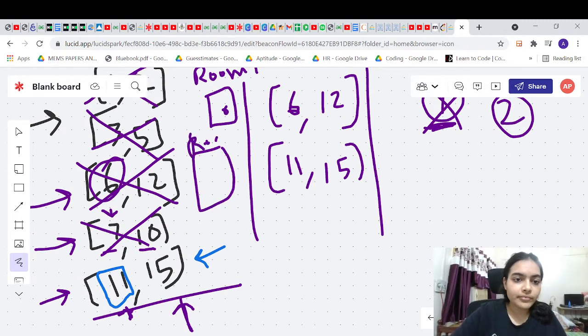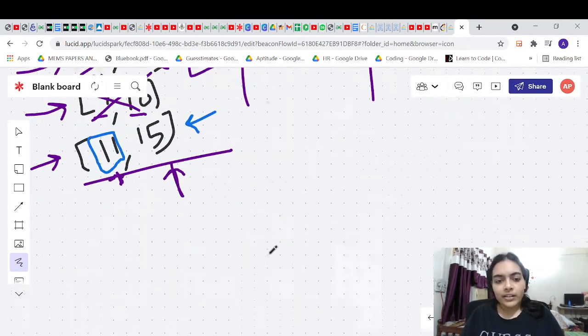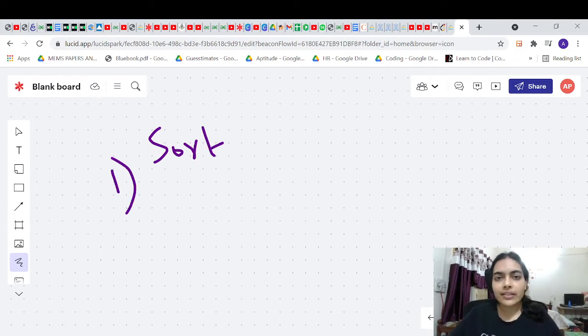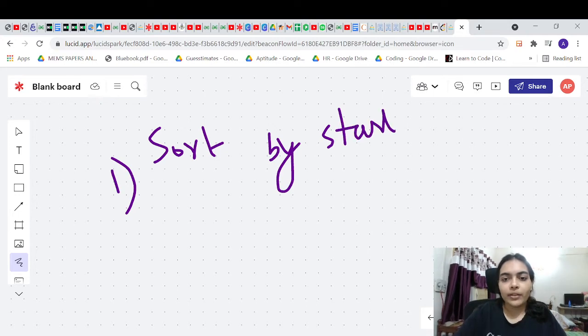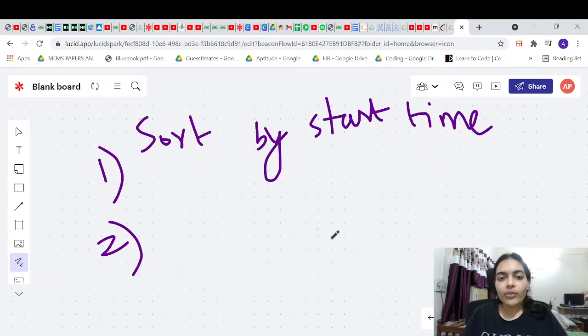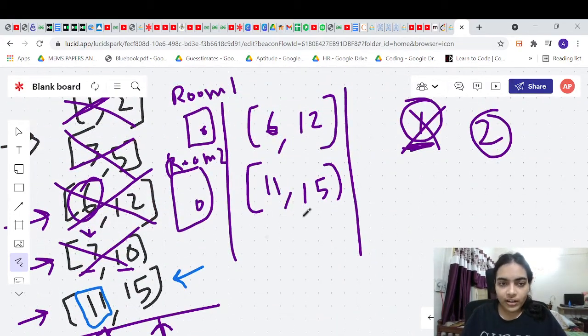So what does this tell us? Let's think about the approach now. First of all, we are going to sort by start time of meeting. After we have sorted by start time, we need to take a data structure where we can see the end times of meetings.